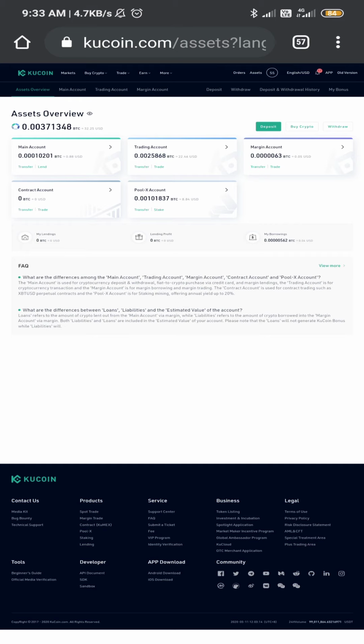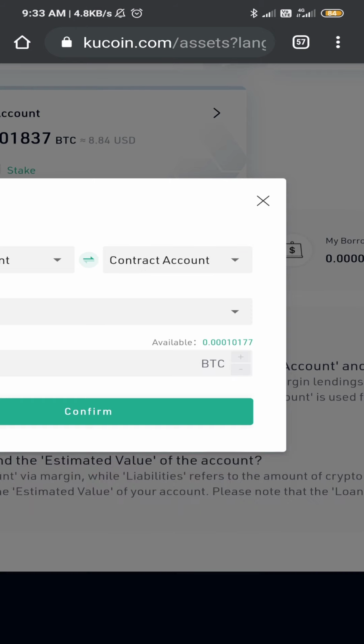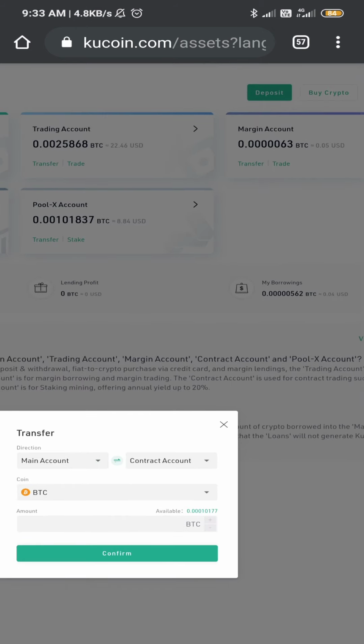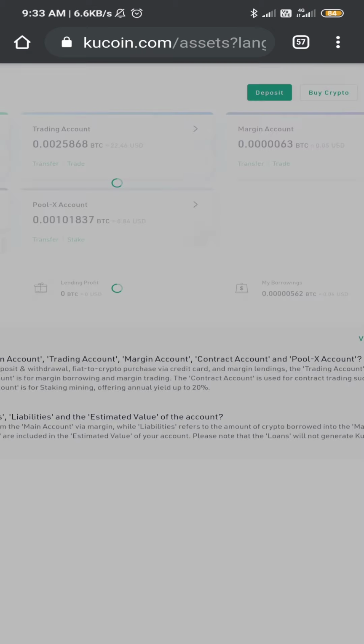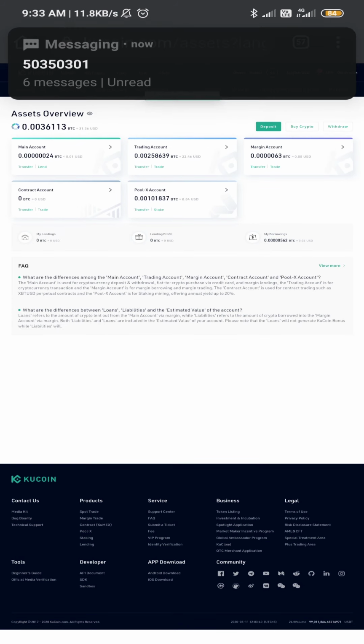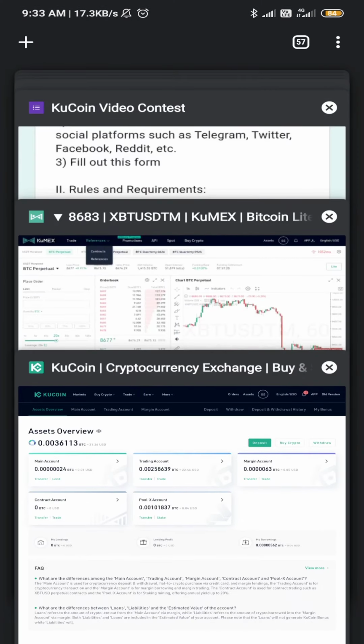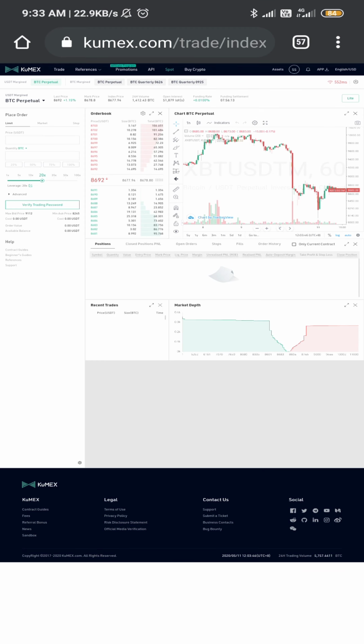Then you transfer your funds from the main account to the contract account. Click confirm. And then go to QMax Futures and click on asset.